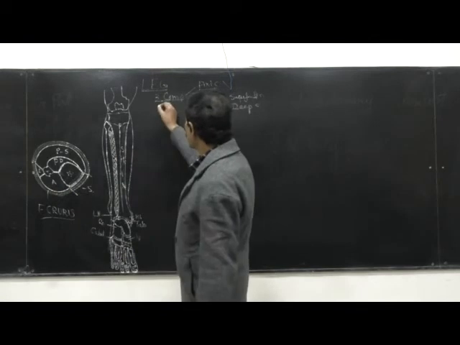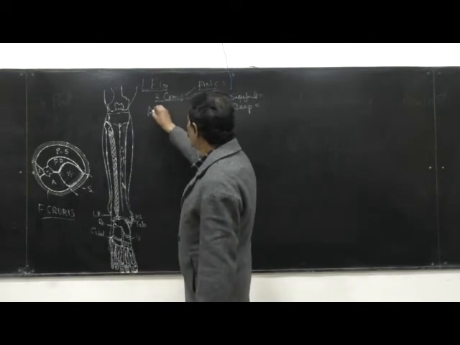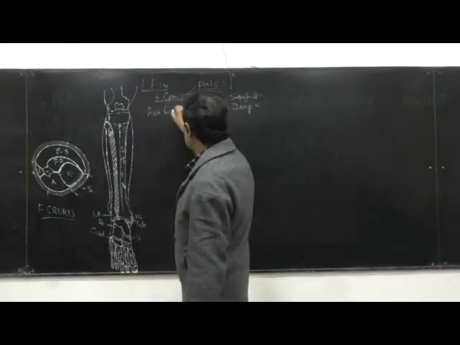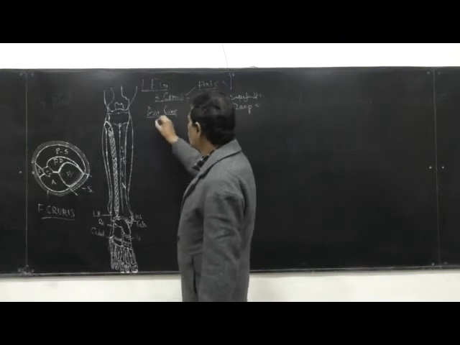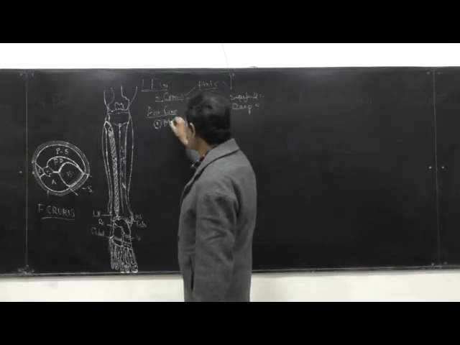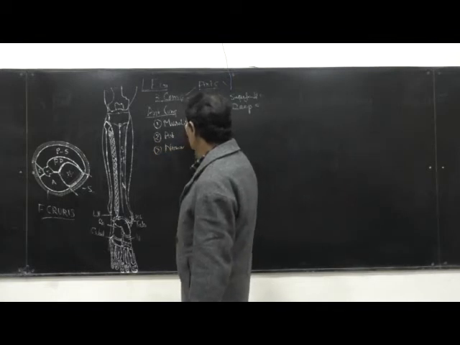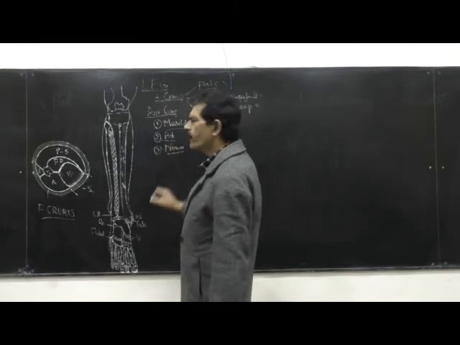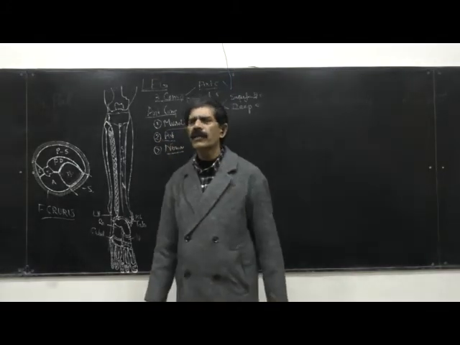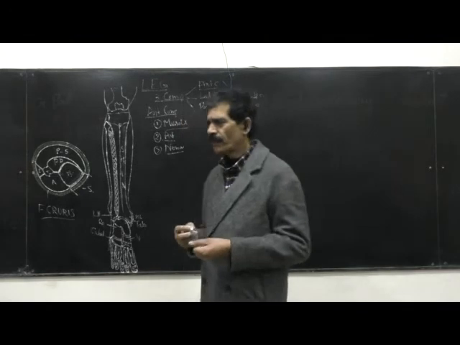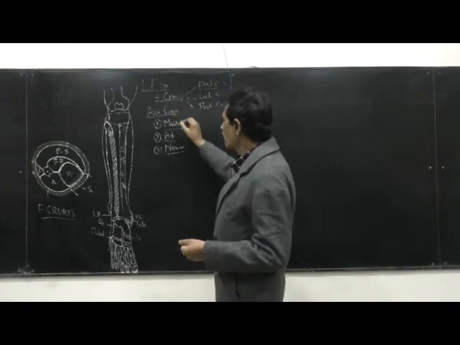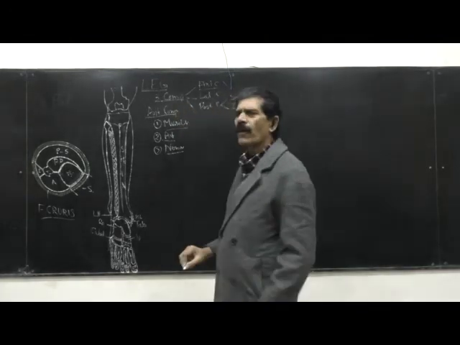So any compartment we have to study, all the compartments have muscles, they have an artery, and they have a motor nerve to supply the muscles. So every compartment has different muscles, different arteries and different nerves to supply them. So in the anterior compartment, as we are doing, first we will see what are the muscles in the